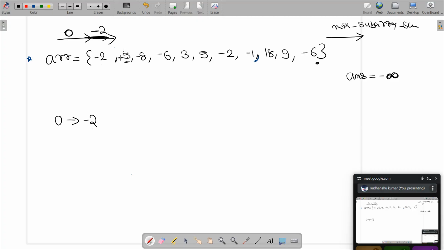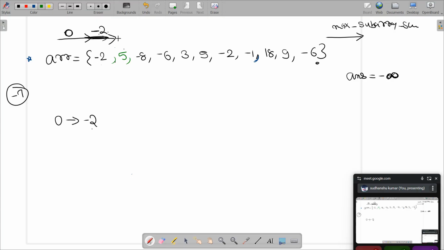Even if it happens to be a negative element, then also it is not in our interest. If I combine this -2 with this -5, I will end up with this -7. This -5 alone is greater. Then why should we move forward with a train having a negative value? So this is a moment where we want to start a new train. I will say that okay, the current train's net sum has become negative, so I am not going to continue with the same train.